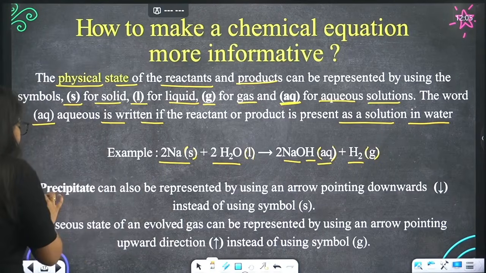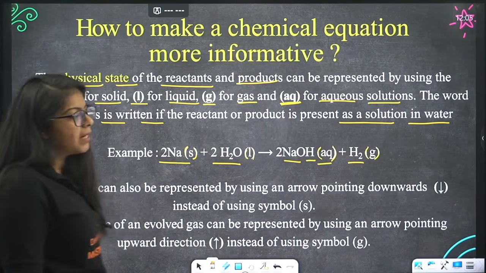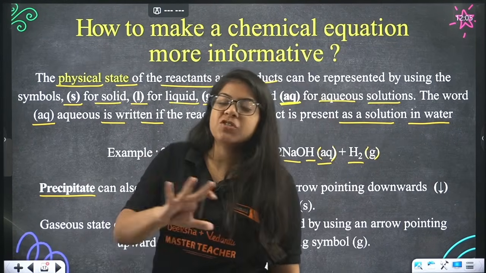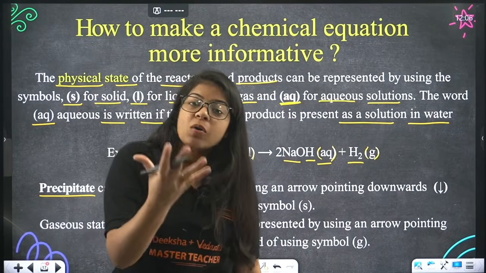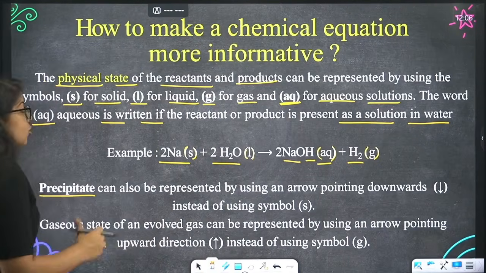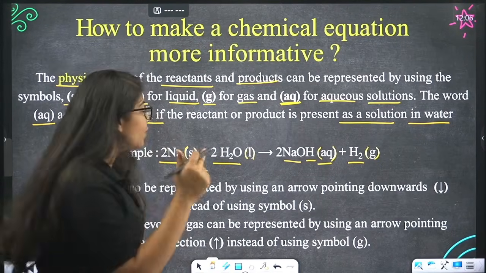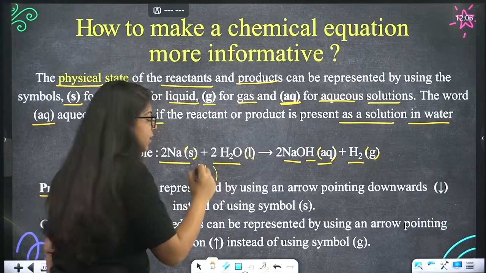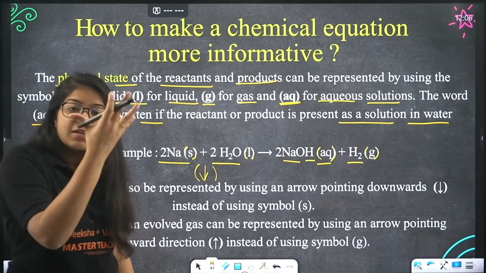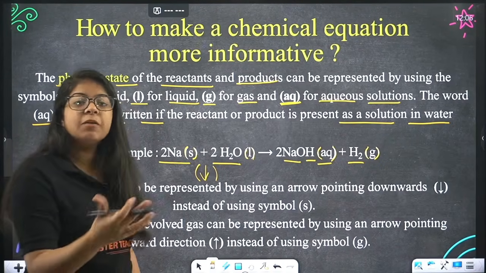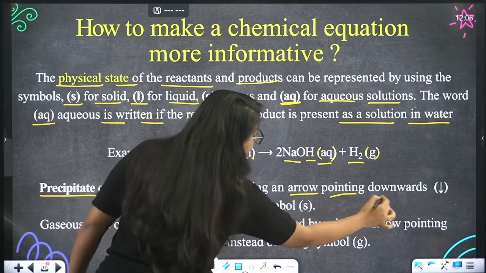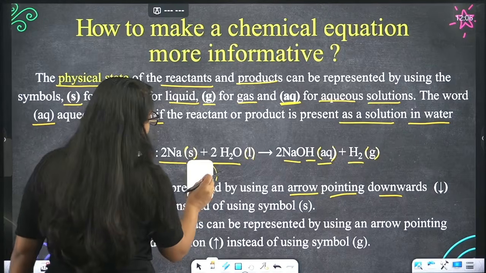Okay. So one more thing is very important. Precipitate. Precipitate, beta, is something like when you put chalk in the water. What happens? And you let it stay for some time. What happens? The chalk gets assembled at the bottom, right? It goes down to the bottom. So what will we write? When you write chalk, you will write a downward arrow with it. A downward arrow representing that it got precipitated, that it sat down at the bottom after or before the reaction. It can also be represented by using an arrow pointing downwards instead of using the symbol S or